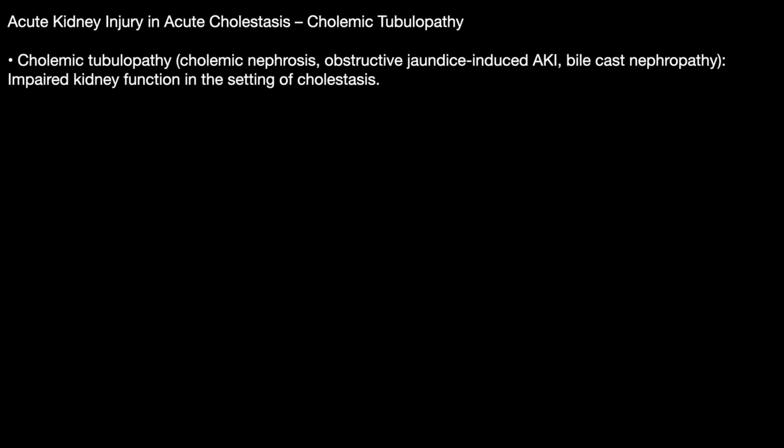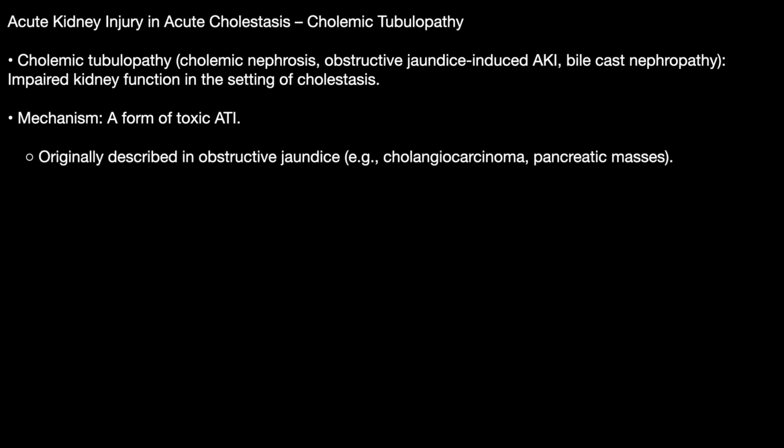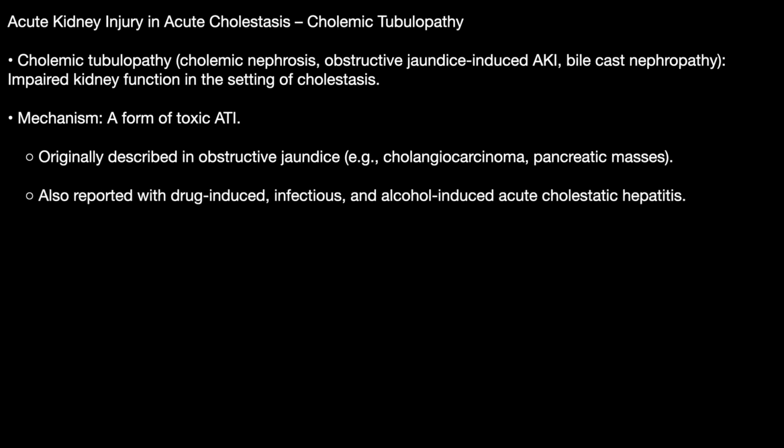The next is cholemic tubulopathy. Cholemic tubulopathy, that is cholemic nephrosis, obstructive jaundice-induced AKI, bile cast nephropathy, is impaired renal function in the setting of cholestasis. The mechanism is that it is a form of toxic acute tubular injury. It was originally described in obstructive jaundice of patients with cholangiocarcinoma, pancreatic masses, and also reported in drug-induced, infectious and